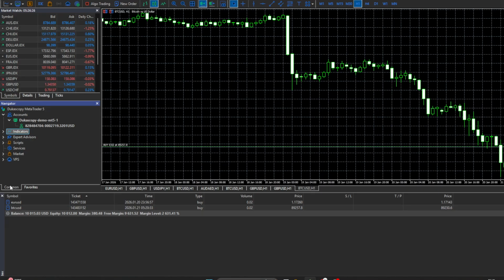Once the toolbar is visible, you can leave it as is or customize which toolbars are shown, depending on your preferences, using the same View menu later on. That's all there is to it. By using the View menu and selecting Toolbar, you can quickly bring back your toolbar in MetaTrader 5 and keep your